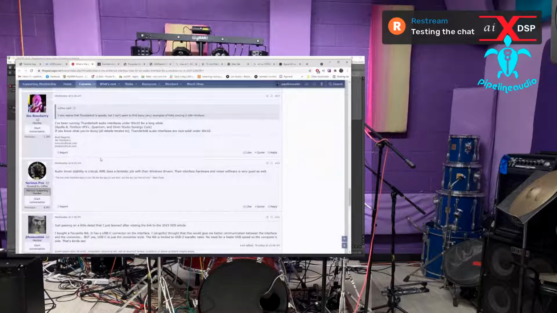Okay, Jim answers again. I've been running Thunderbolt audio interfaces under Win 10 for a long while: Apollo 8, Fireface UFX Plus, Quantum, and Orion Studio Synergy Core. If you know what you're doing, with all details tended to, Thunderbolt audio interfaces are rock solid under Windows 10. See now, Jim, you're going to cost me a bunch of money because then I'm going to want a